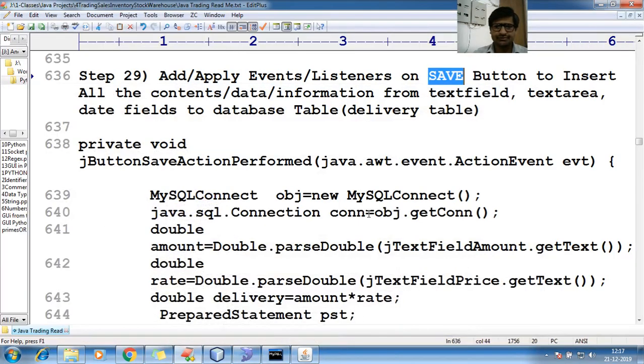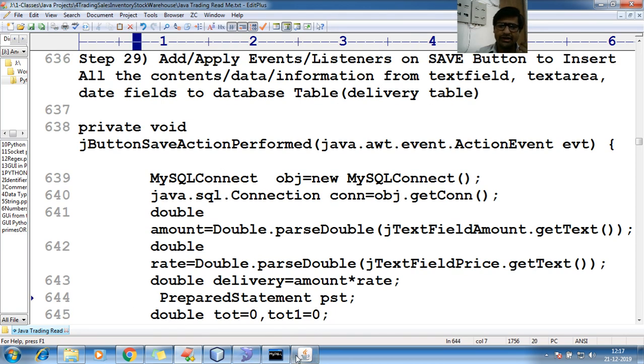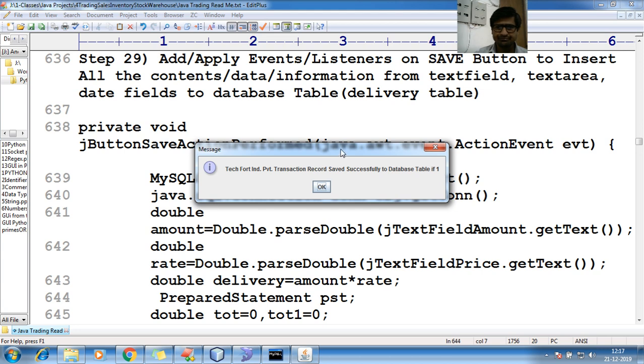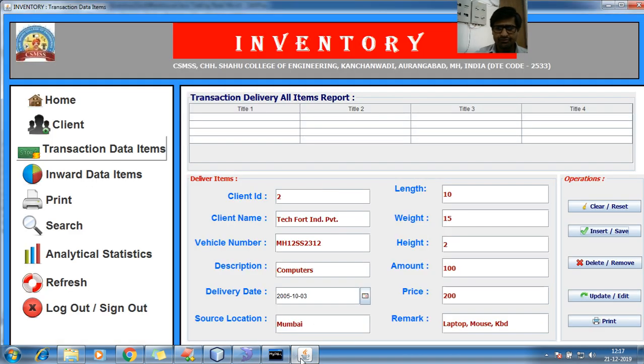Okay boss, so record insertion is successful, but we haven't cleared the fields. We have to clear the fields also after inserting. Anyhow we can hit the clear button, hit OK. Like this, you can go for another record, Ajit seeds. What can I say? Rice seeds. Then description, vehicle number, sorry,